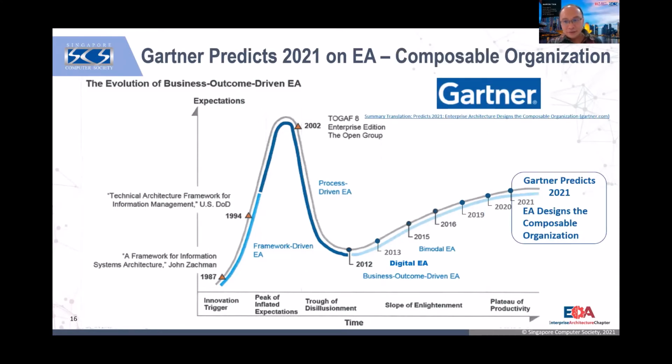And interestingly, this year, Gartner made another prediction for the EA in 2021. They have the link there; later, I think you can download the slides. That EA actually designs the composable organization, right? Meaning that because now we have to work from home, we have to work from anywhere, we don't need to be constrained to work in a central location. We need to be able to decompose into multiple smaller organizations or smaller teams. So this is the Gartner prediction for 2021. Of course, next year there will be another Gartner prediction for 2022 on the EA. So this is how I can see the connection and how EA plays a critical role today.